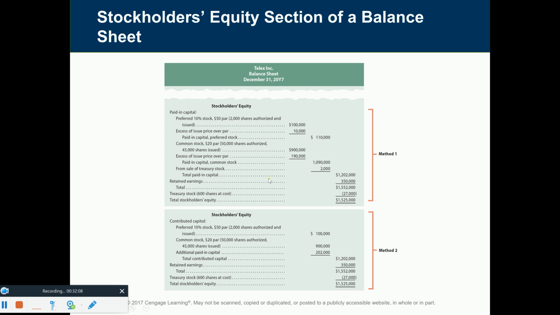Or you can show it this way. Instead of actually showing the actual stock account and its paid in capital account, you can show the additional paid in capital all in one lump sum if you would like to show it that way as well. Either way works. I think the bottom method is the one that's used most often in the real world. And I wanted to show you here the number of shares issued times par value will always equal the dollar amount. So common stock, we have 50,000 shares authorized, 45,000 shares are issued. If you take the number of shares issued times par value, you are going to get the dollar